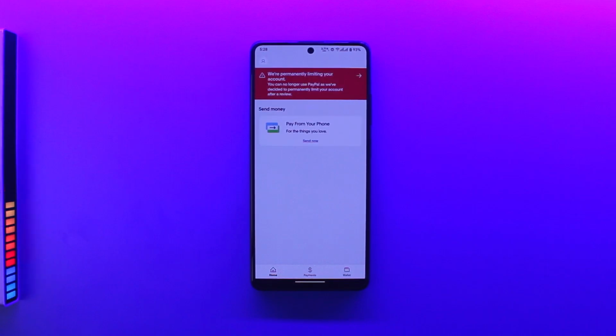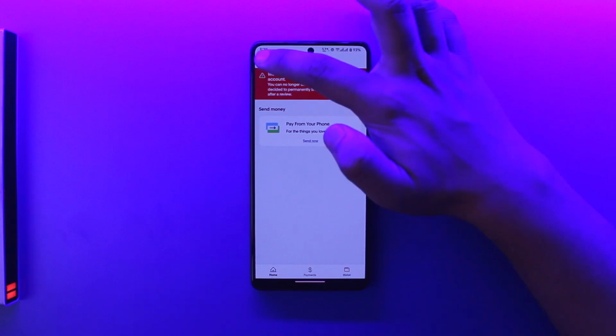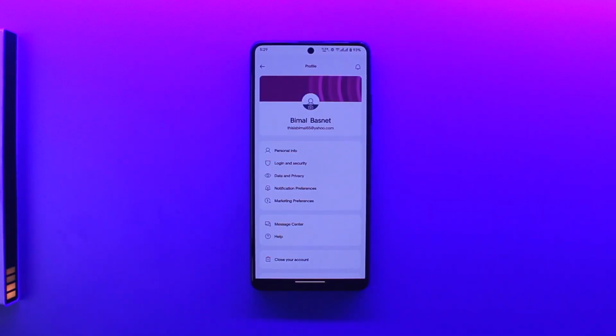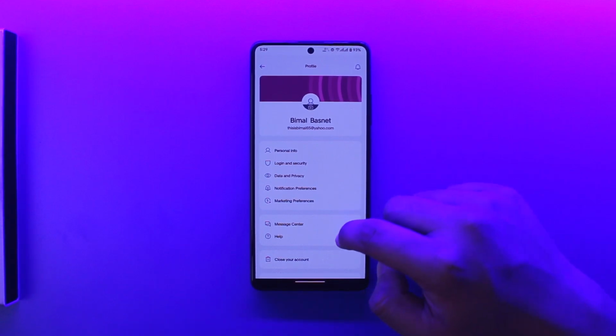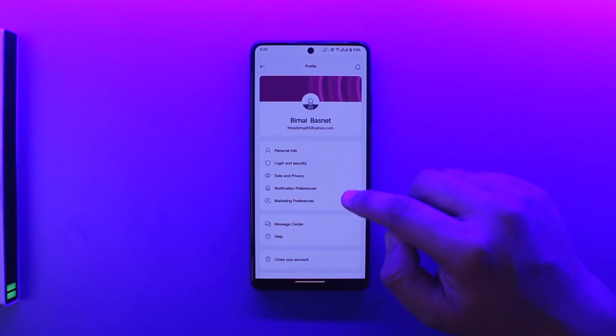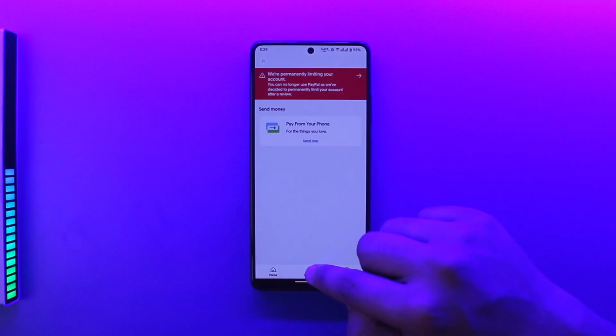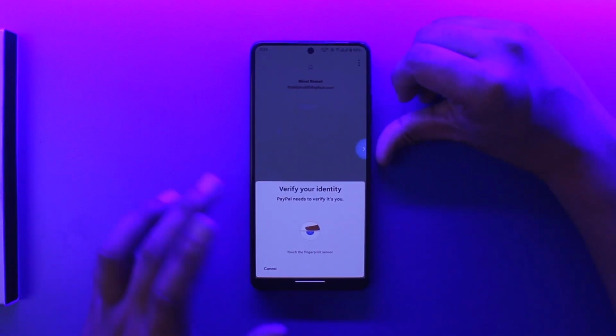Now once you're here on this app, what you want to do is simply go to the profile icon from the top left of the screen. Once you tap on the profile icon from the top left, this is the interface you will see. And what you have to do from here is you'll find the option called payment. So you can also come to the payments tab right here, and here you'll find any sort of automatic payments